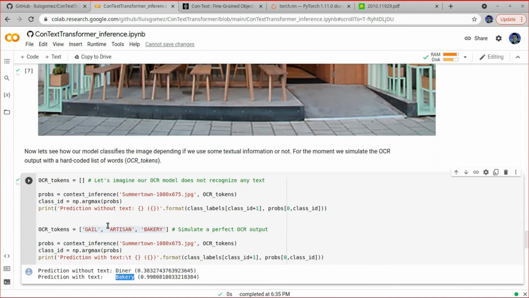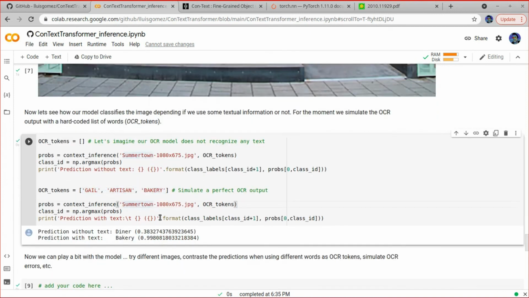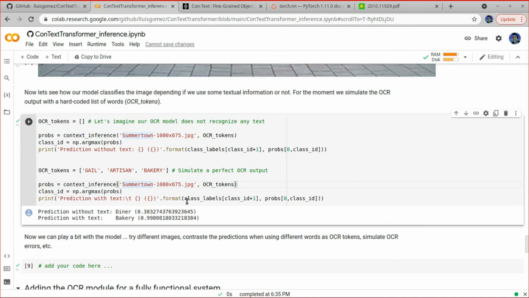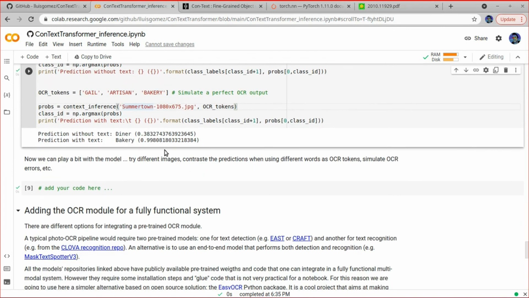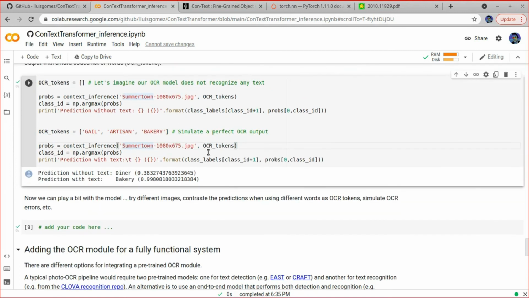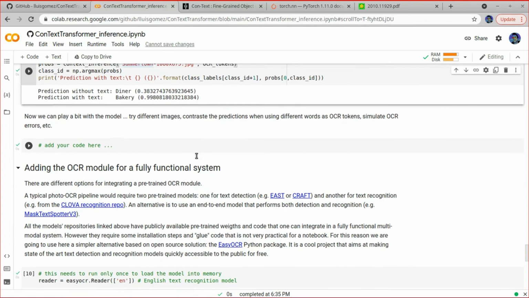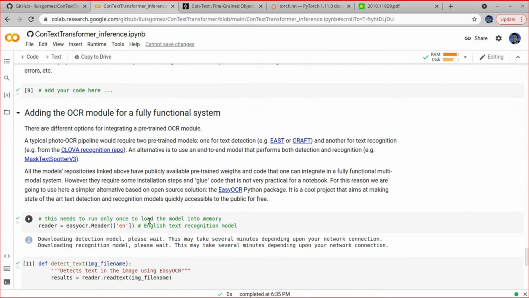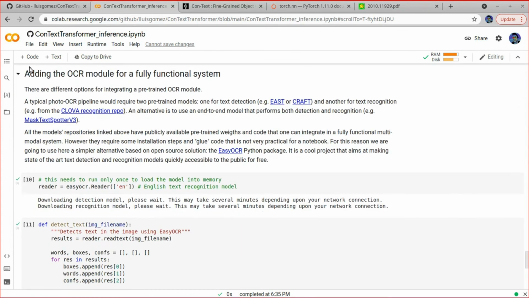These kind of things you can do easily by replicating this cell by yourself. And since I'm going out of time, I'm not going to play with it, but I encourage you to do it by yourself. And what I'm going to do is just explain these last cells that we have here,